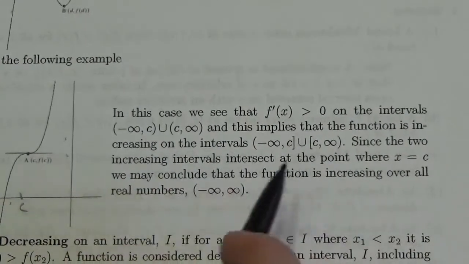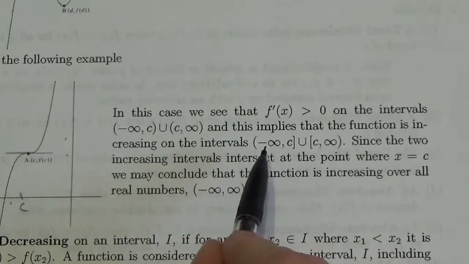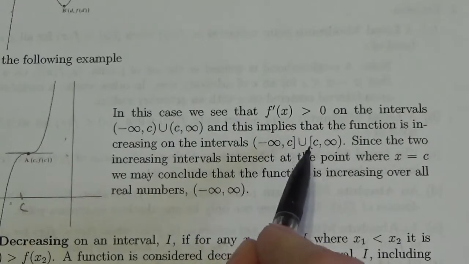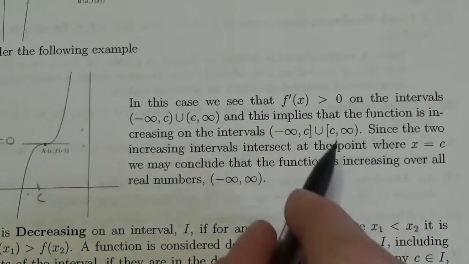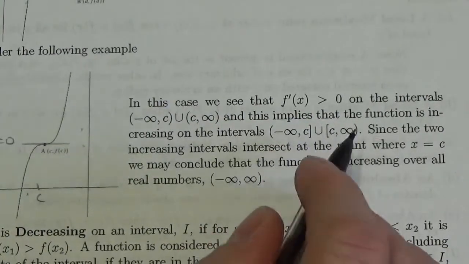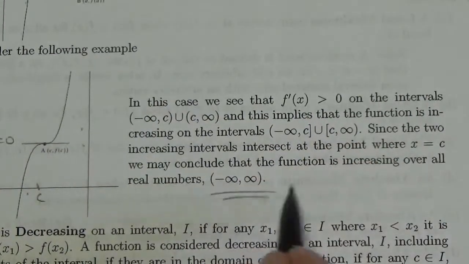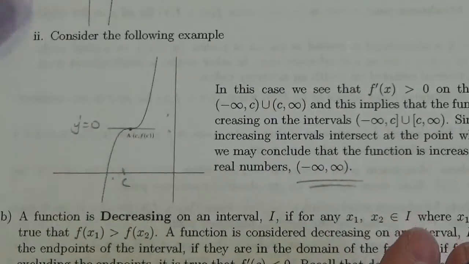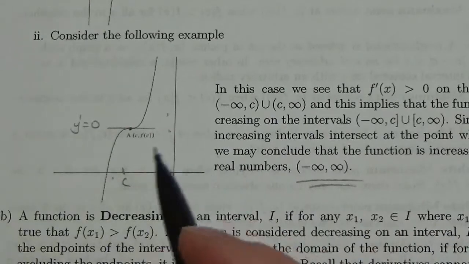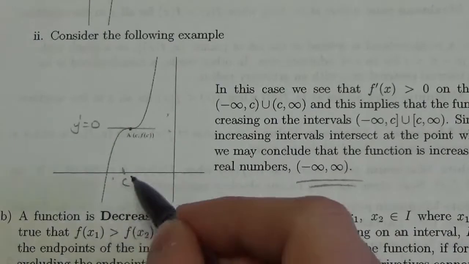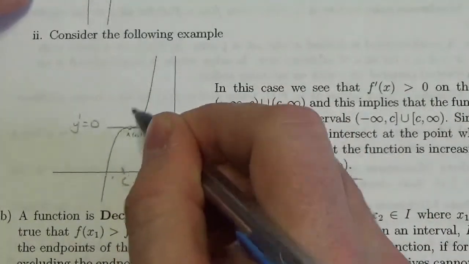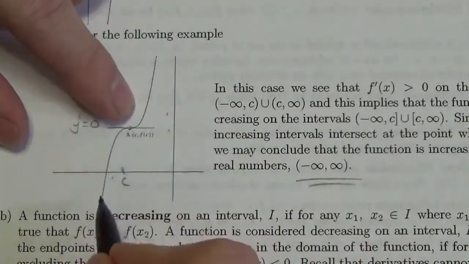And so the reason I say that is because this is now increasing on the interval negative infinity to c, inclusive, union c to infinity, which really, if I'm including those in both those parts there, it's really just increasing on the interval negative infinity to infinity. Now, there's going to be some people that disagree with that, but if you think about the interval from negative infinity to infinity, and just compare that point right there to any point